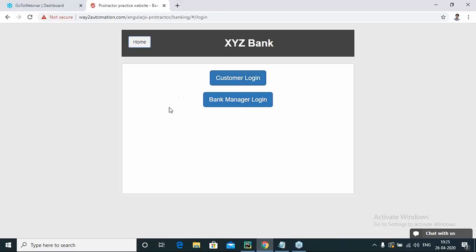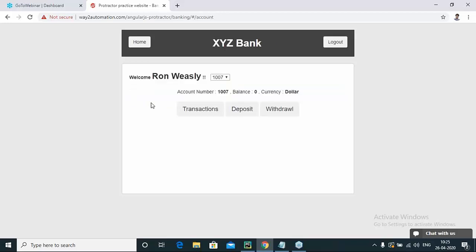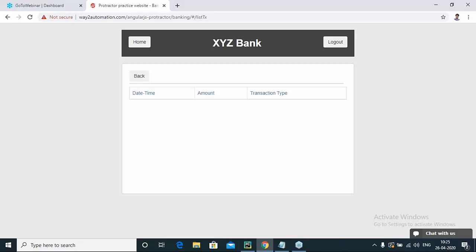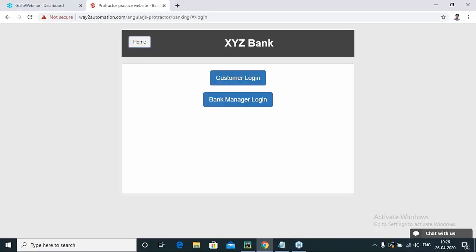So today we are going to automate a bit of this bank. We will be going to the customer login. We will be going to one of the customers. Then we are going to log in. Then we will deposit some amount. Then we are going to withdraw some amount, and then we have to confirm the same using the transaction table. Is the flow clear to everyone, that what exactly we are going to do in this first half? Is it clear to everyone in here?